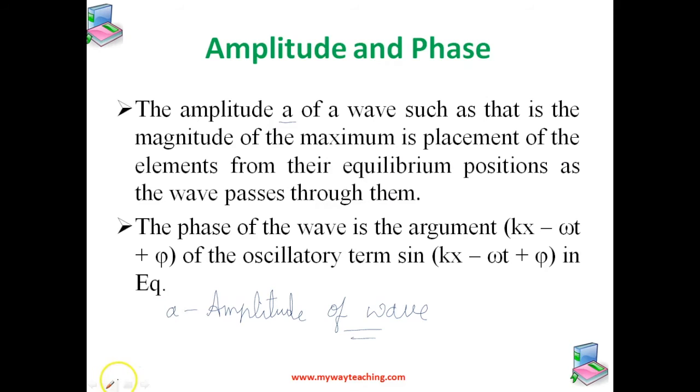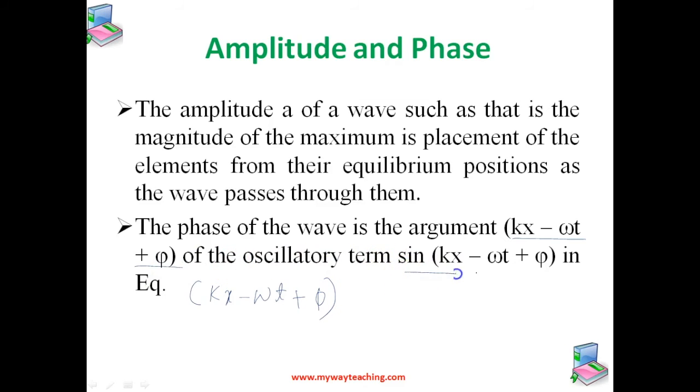as the wave passes through them. And this quantity which appears in the equation, that is kx minus wt plus phi, appearing as the argument of the sine function, is called the phase of the wave. See, the phase of the wave is the argument kx minus wt plus phi of the oscillatory term sine of kx minus wt plus phi. So this is the phase. Given the amplitude A, the phase determines the displacement of the wave at any given position and at any instant. So clearly this phi is the phase